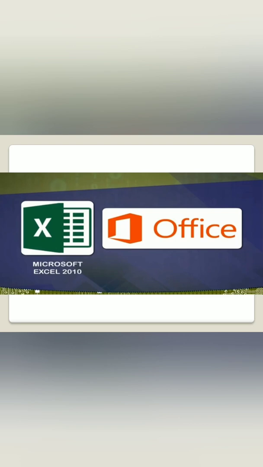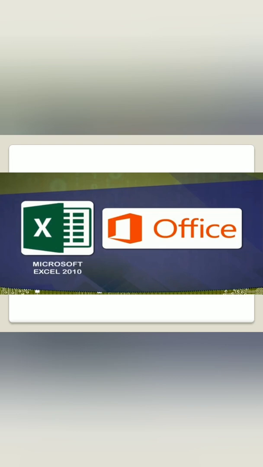So, Microsoft Excel is one of the most popular spreadsheet software that is used to perform mathematical calculations like plus, minus, multiply, divide, so many things, in a tabular form of rows and columns. It is developed by the Microsoft Corporation.